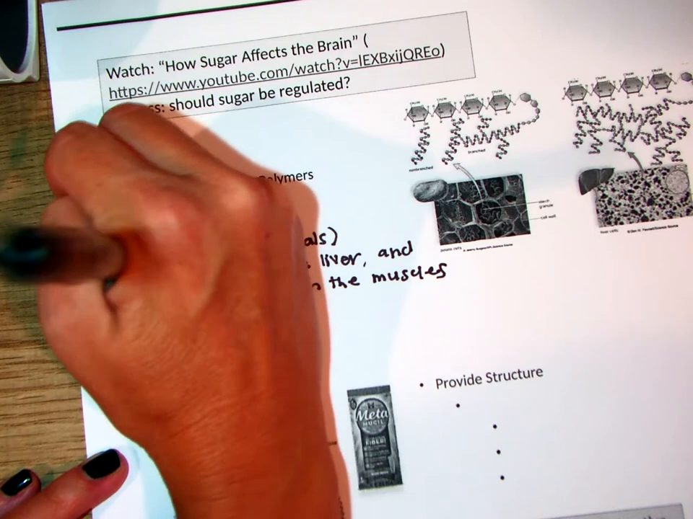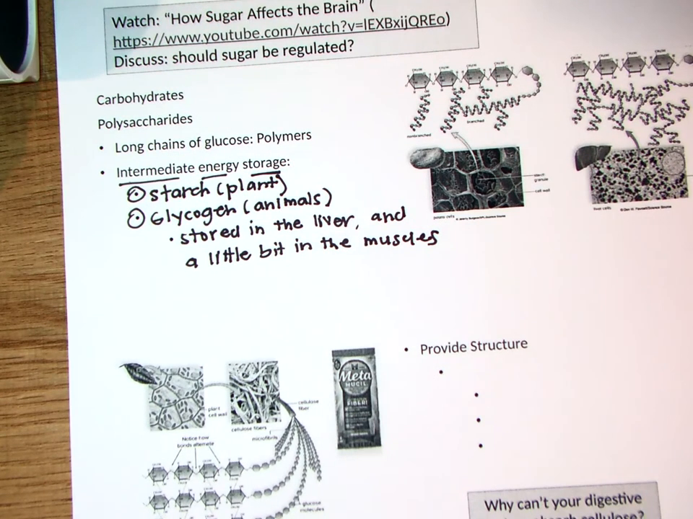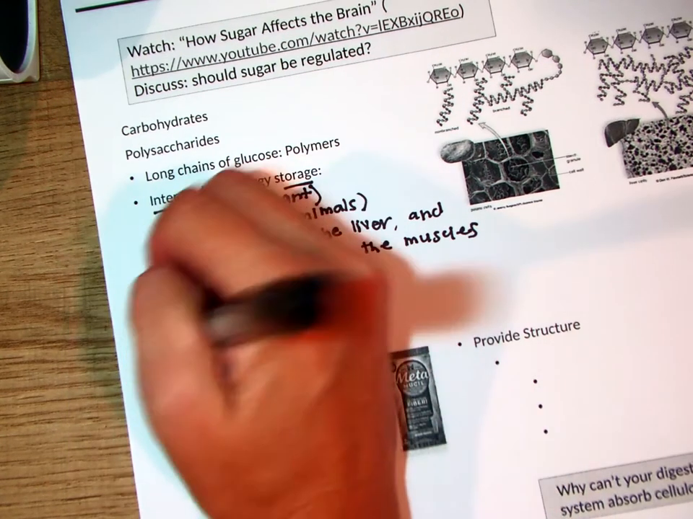And I'm going to circle these two bullet points because these are two things that you should know as well. That starch and glycogen are examples of carbohydrates, which give you immediate energy storage, or intermediate, and starch is from plants, glycogen is from animals, and it's stored in the liver and a little bit in the muscles. So what happens is you eat a starch,